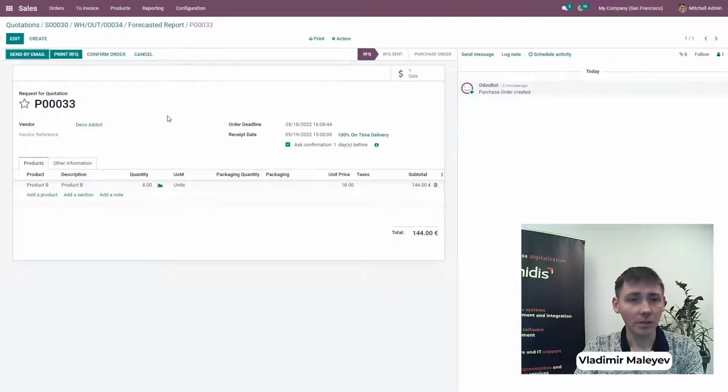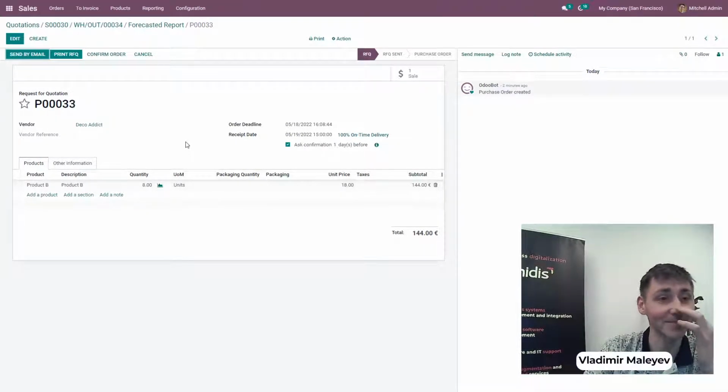Right here we know that this is actually not an ordinary purchase order. This particular one is a sales order. I'm sorry, this is a subcontracting order, and by confirming it,